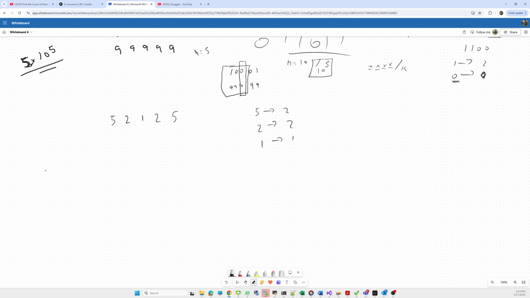It is also possible to form another palindrome using these digits, 2 5 1 5 2. This is also a palindrome.